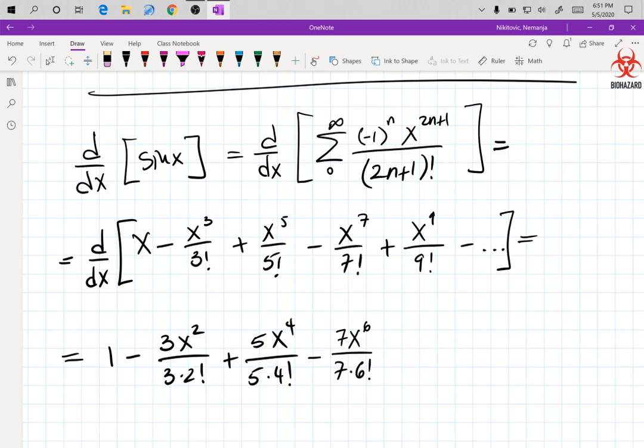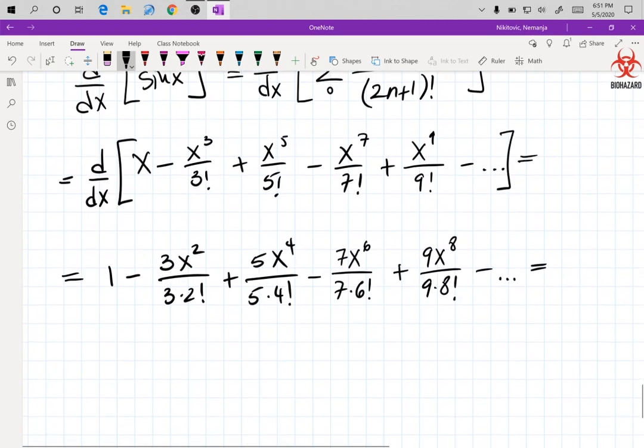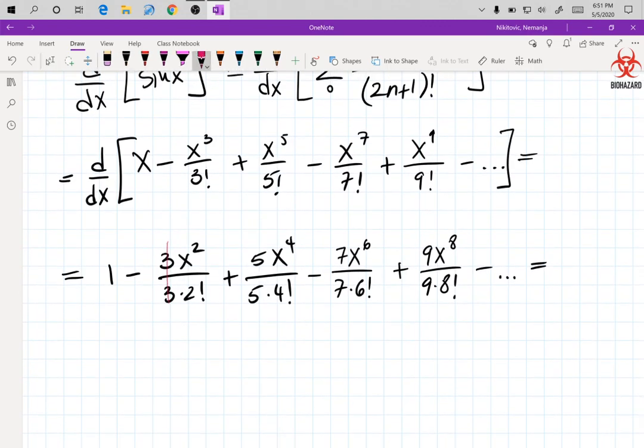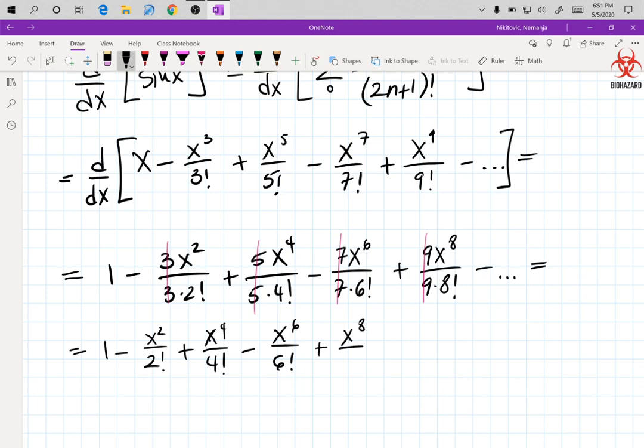Yeah, you'll see it in differential equations. Plus 9x to the 8 over 9 times 8 factorial minus dot dot dot. What now? Just cancel all of these constants. There we go. And get what? 1 minus x squared over 2 factorial plus x to the 4 over 4 factorial minus x to the 6 over 6 factorial plus x to the 8 over 8 factorial minus dot dot dot,